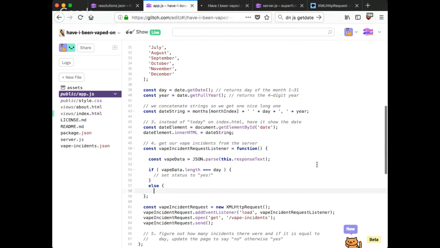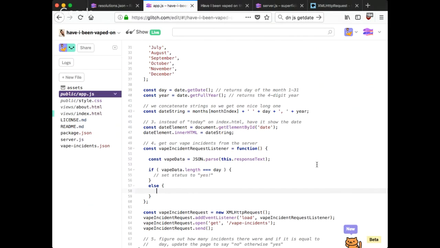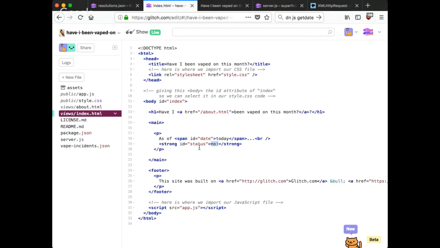And if not, I want to set status to no. Now we have to figure out how to get the status, and we can just do what we did up here with our date, where we got the element by ID date and then set the inner HTML. Our item, according to our index.html, has an ID of status. And so we're going to